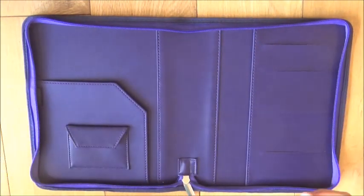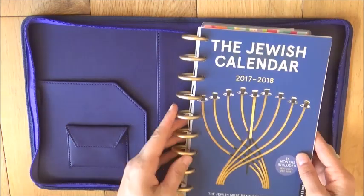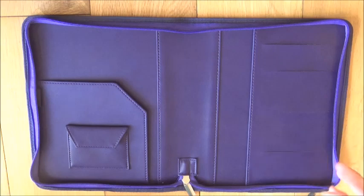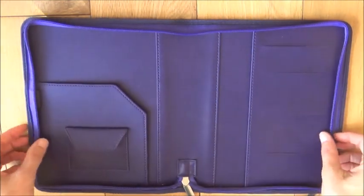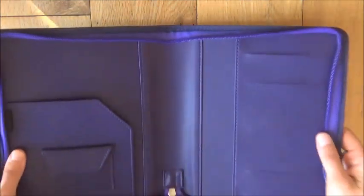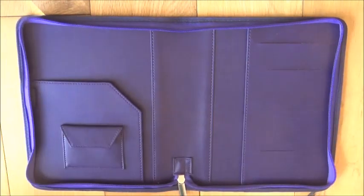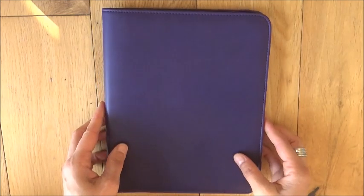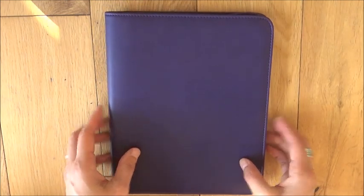For me it actually works the best with this, which is kind of cool and unexpected, but I think for most people A5 is realistically going to be the size that this is best for. So the only question is whether you mind having this gap at the end. So that's basically it. I think it's good to know that there's another option there,